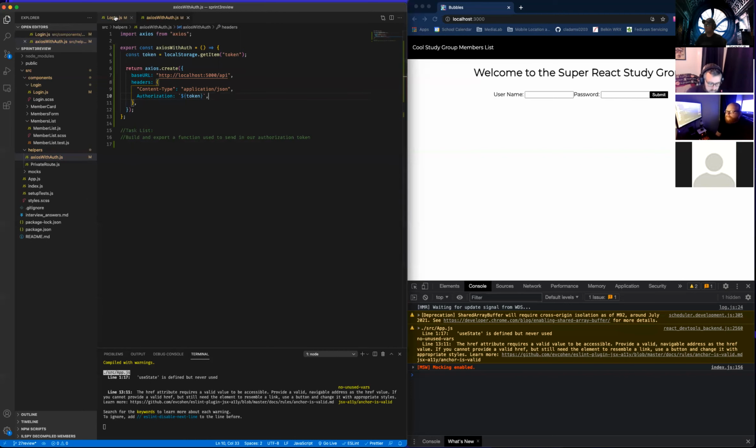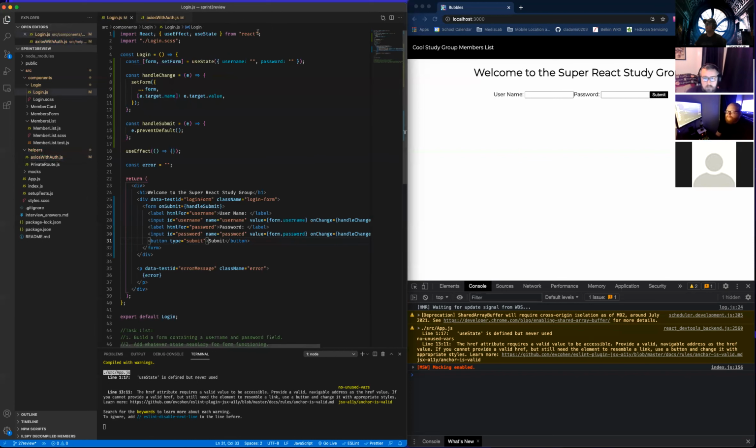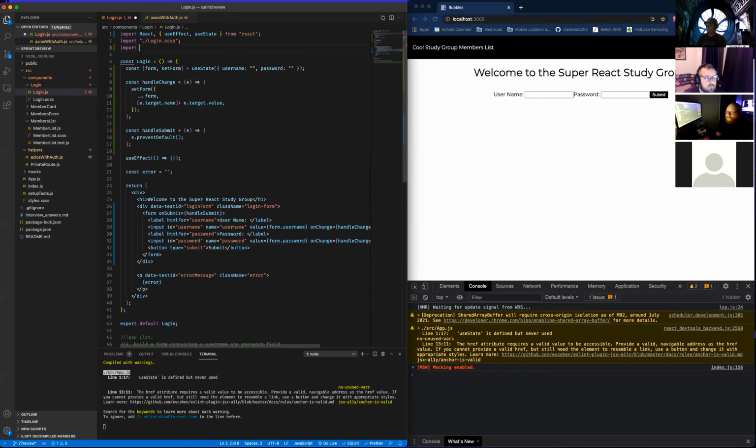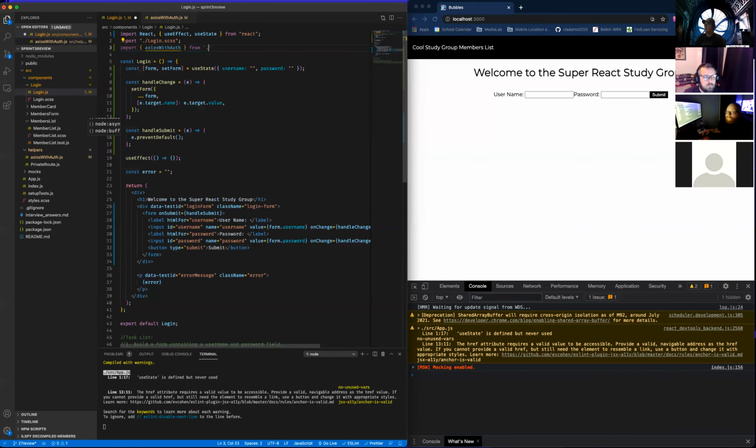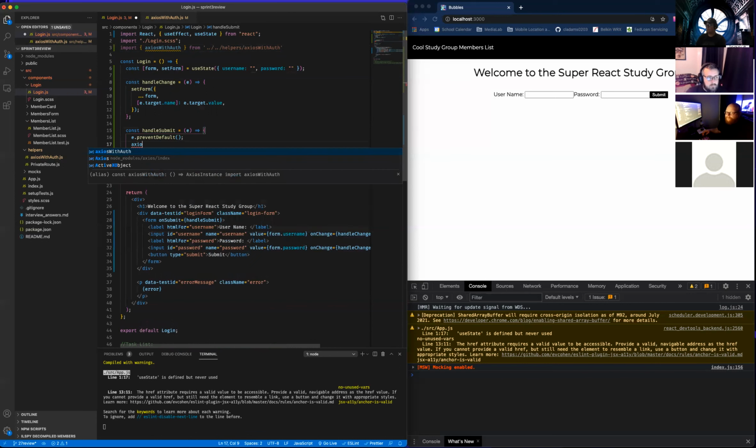Let's go put it on our login component, import it in, and use it and see for sure if it's going to work. So import axiosWithAuth from slash. It's in our helpers, axiosWithAuth. Then I'm going to come back down to my handleSubmit, and I'm going to say axiosWithAuth